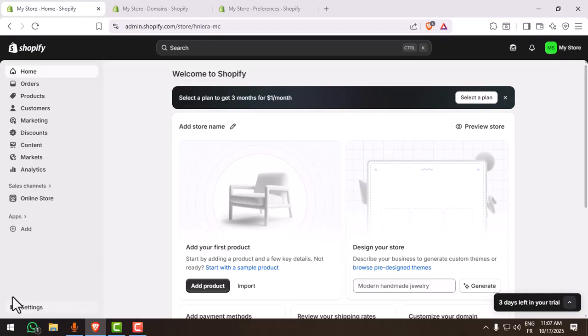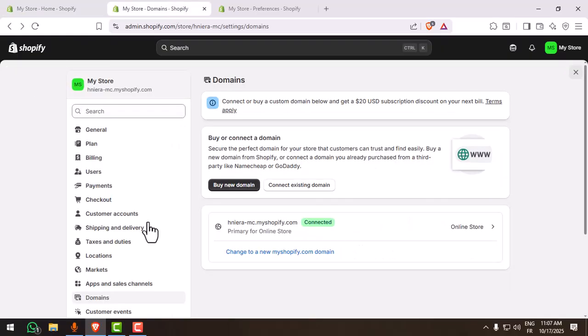Go to the bottom right and click on Settings. And then in Settings, find Domains. In Domains, you're going to see your Shopify store link. It usually looks like this: